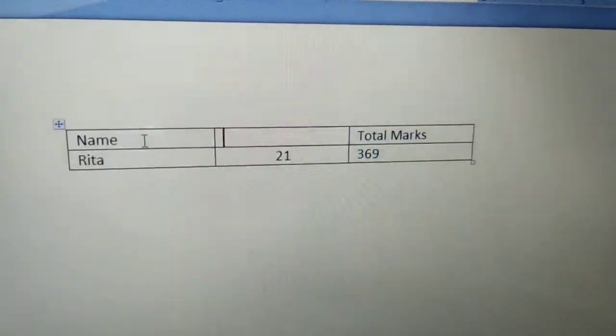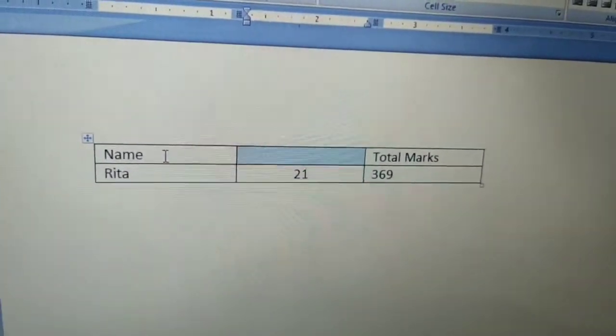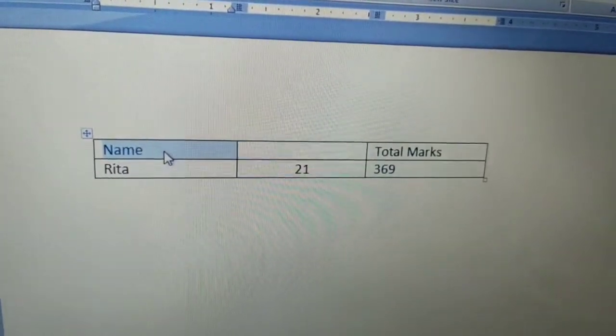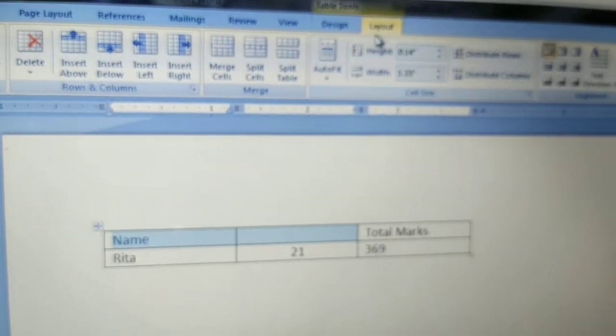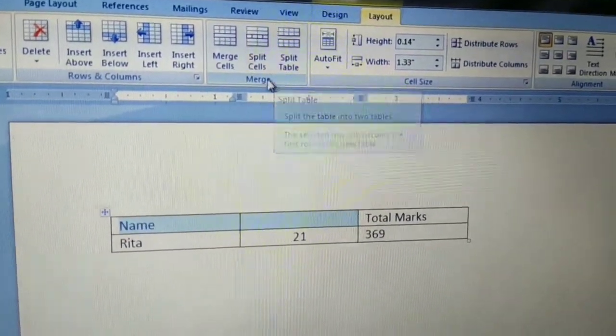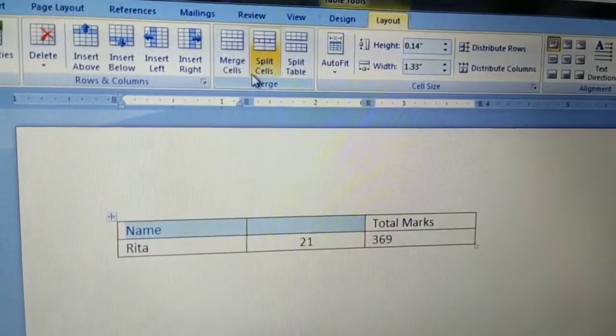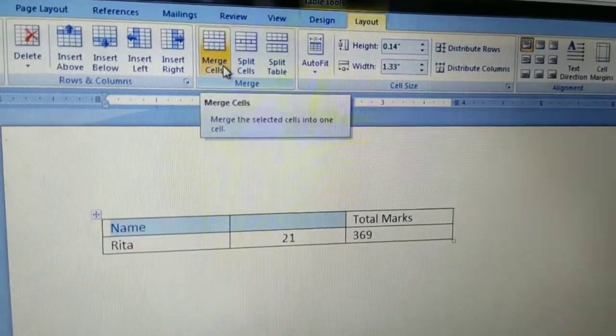Now how will we merge these two cells? First I will select these two cells. Then I will go to the layout tab. This is the layout tab. Under the layout tab you will see Merge. Under the merge group, you can see Merge Cells here.